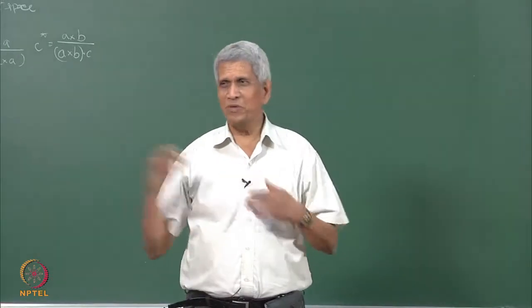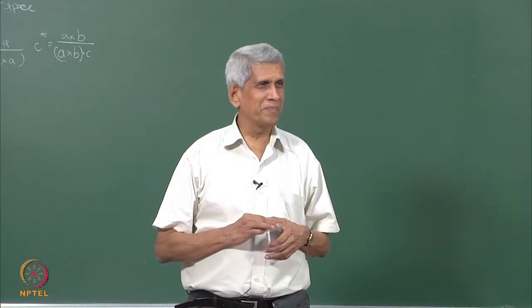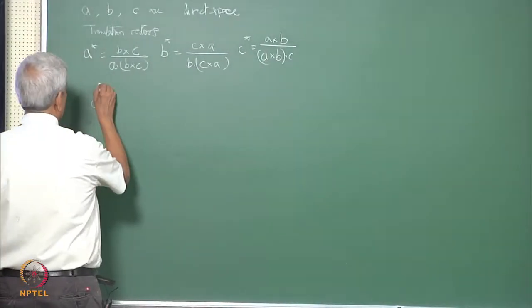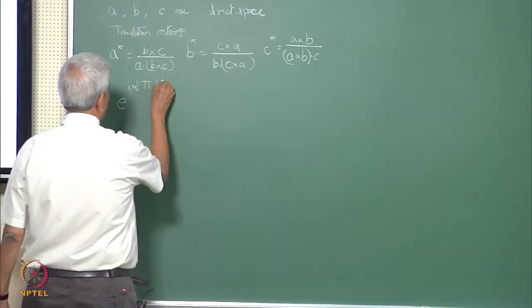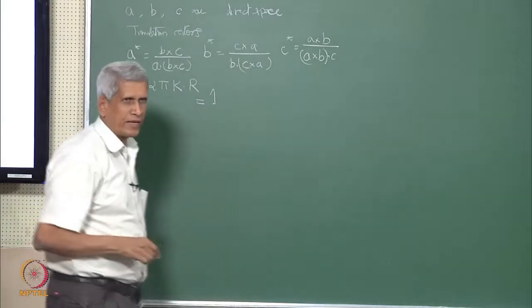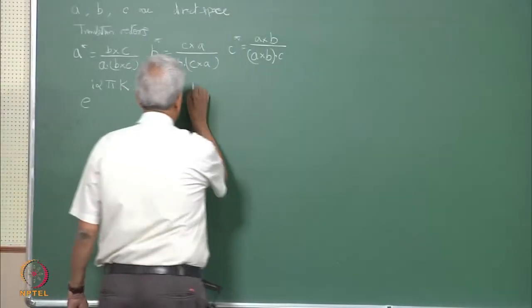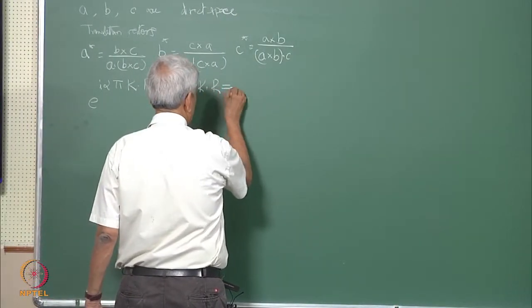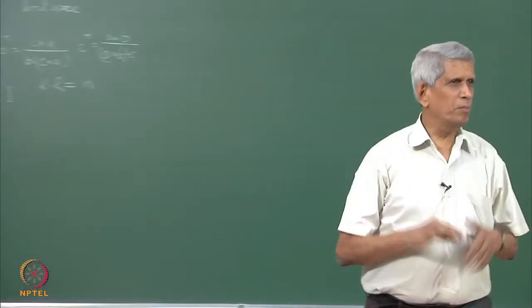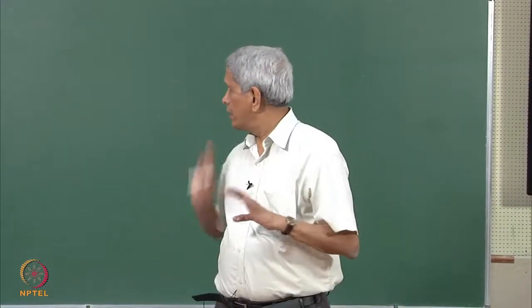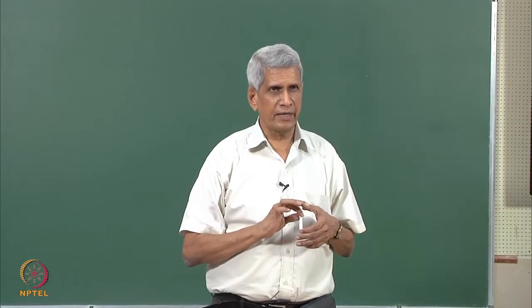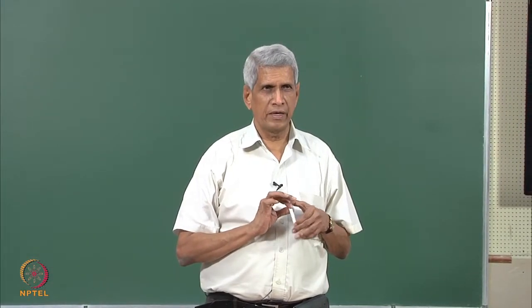Then what is the basic equation from which we derived this relationship? Yeah, that is essentially e to the power of i 2 pi k dot r should be equal to 1, correct? Or k dot r should be equal to an integer, correct? This was the basic relationship from which this relationship between the real lattice and the reciprocal lattice has been derived.